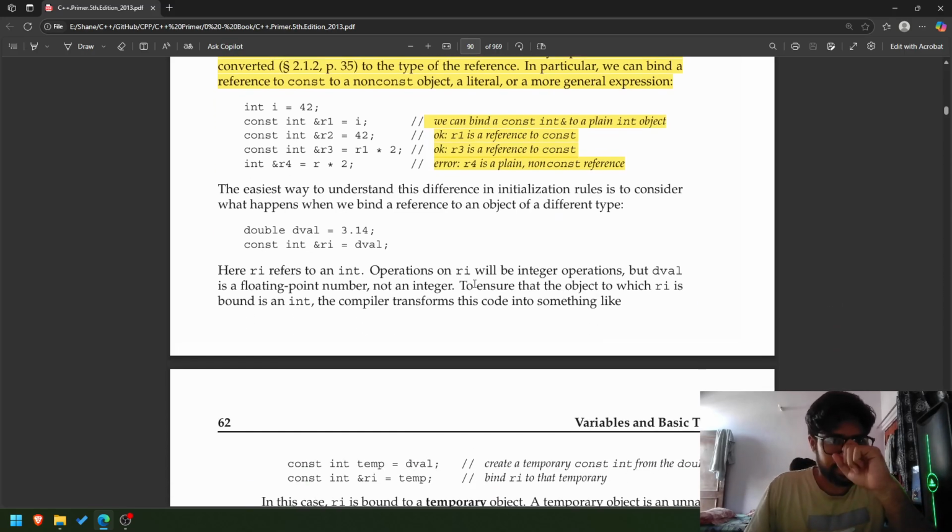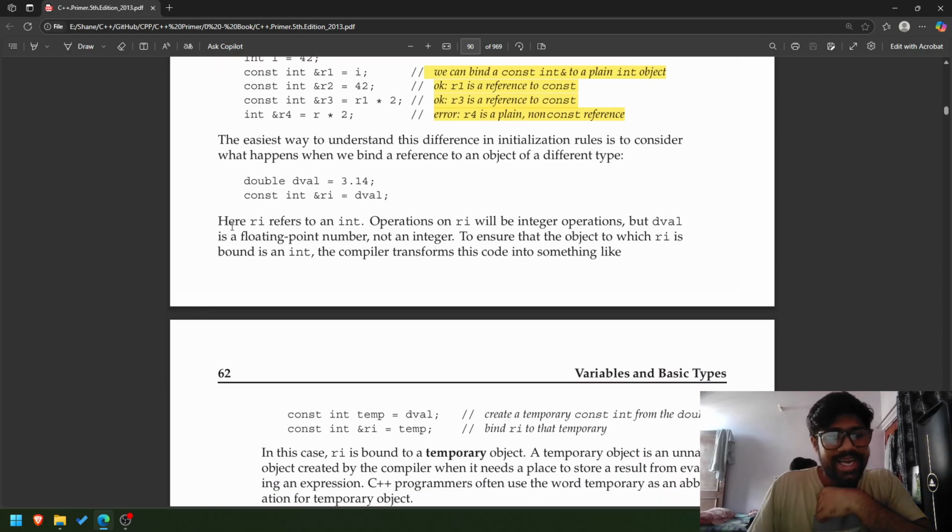The easiest way to understand this difference in initialization rules is to consider what happens when we bind a reference to an object of different type. double dval. Here, ri refers to an int. Operations on ri will be integer operations, but dval is a floating point number, not an integer. To ensure that the object to which ri is bound is an int, the compiler transforms this code to something like